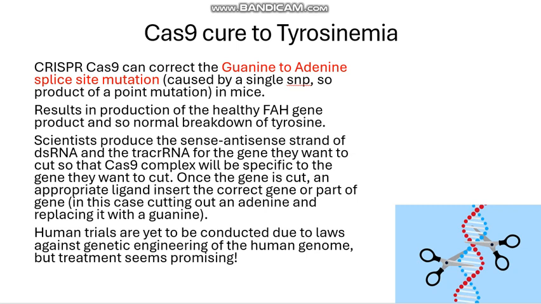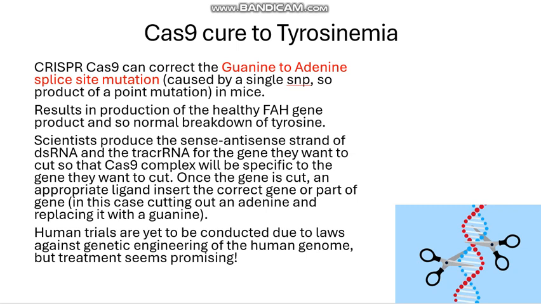So this is in mice, not in humans, because it's not legal to have permanent germline editing of humans. The CRISPR-Cas9 can correct the splice site mutation. So the splice site mutation is basically caused by a guanine being replaced by an adenine at a specific point in the genome. We call this an SNP, a single nucleotide polymorphism, and obviously this SNP has quite serious ramifications for the person who has it, and it's the product of a point mutation. By correcting this mutation,